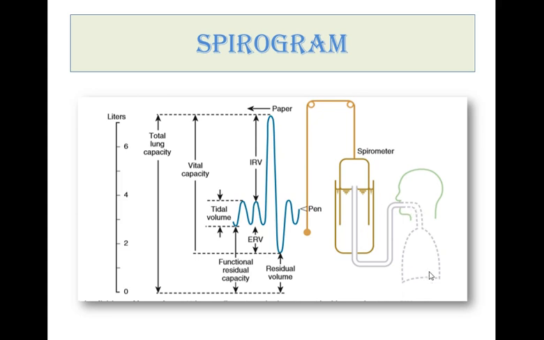As you can see out here, there is a closed circuit that gets formed between the lungs of the patient and the instrument called the spirometer. So whenever there is an exhalation, the pen is moving down, and similarly a downward slope would be formed. Whenever there is an inhalation, the pen moves up, and accordingly there will be an upward slope. Now you see that this level is the normal level. Here you see a peak out here.